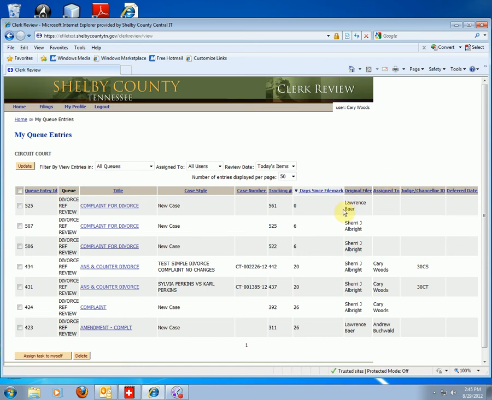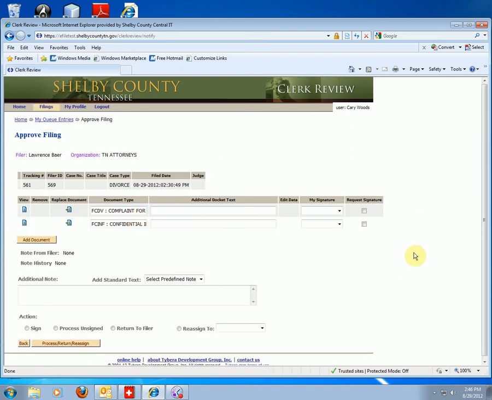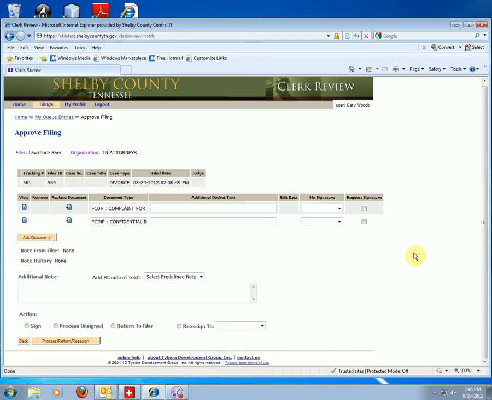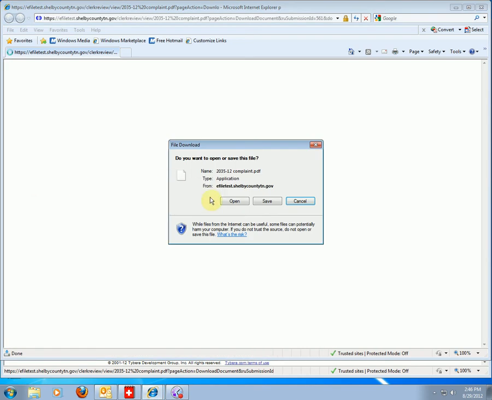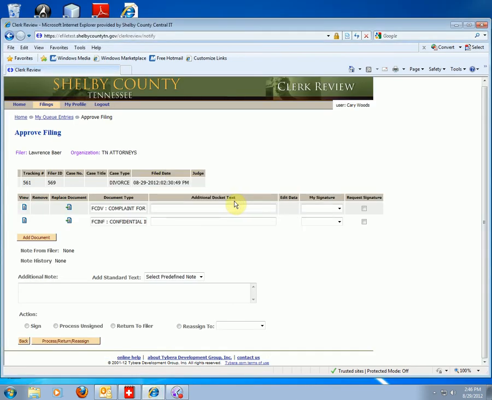Now we're going to go into a second complaint for divorce that Larry Bear has filed today. Once again, it brings it up on our approval page. We see that there's a different quantity of documents. This particular case does not have the summons with it, which is the attorney's choice. Once again, we'll go and we'll look at the documents. It'll open in Adobe Reader,